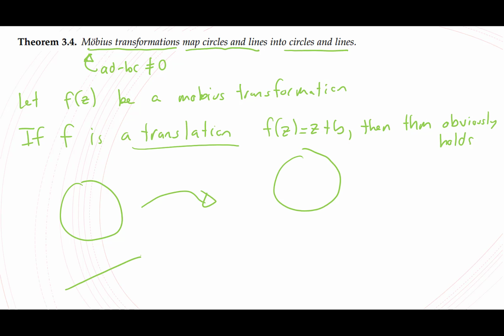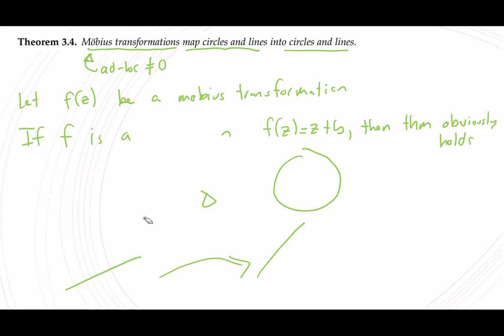Or if you have a line, you're just moving it to a different place. Maybe it's like this now, okay? And that's what translations do. They're just going to take whatever you have and move it by that amount, okay? So if your Mobius transformation is a translation, you're done, okay? Because again, with translations, you're just moving. So if you have a circle, you're just moving it to another circle. If you have a line, you're just moving it to another line. Similarly,